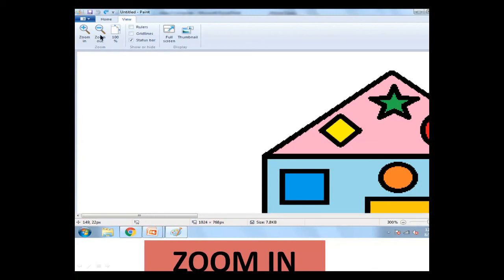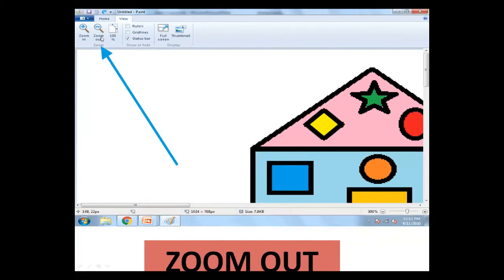So when you click on the zoom out option, the size of the picture will be decreased. We use the zoom out option to decrease the size of the image. I'm going to click on the zoom out option, and you can see here the size of the image is decreased.